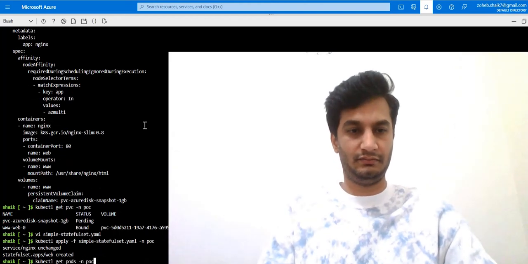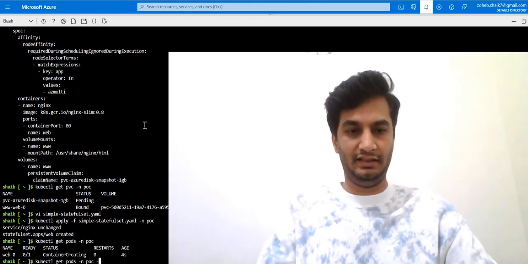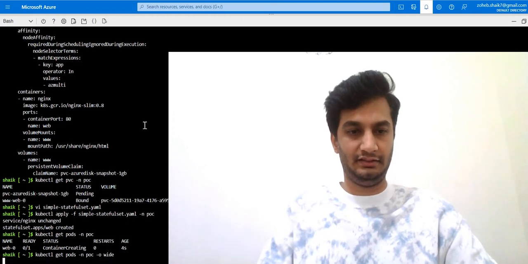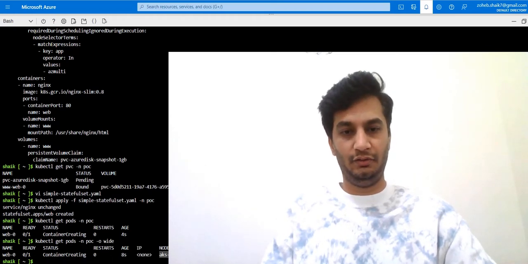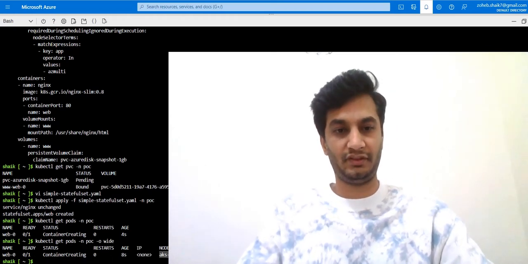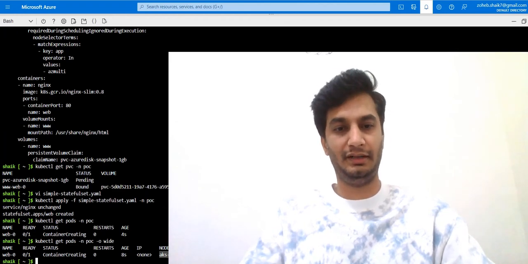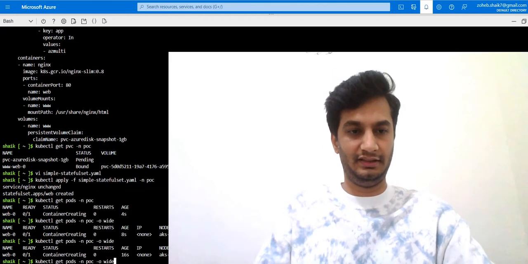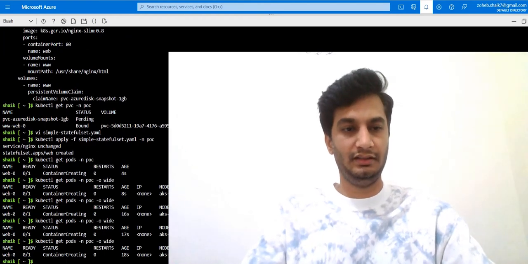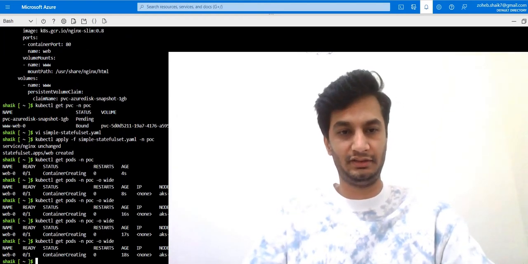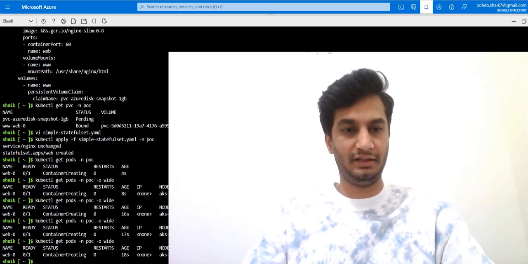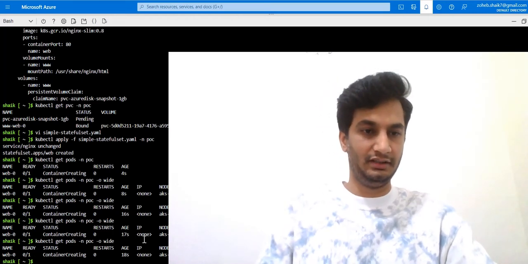Just check now. It's getting created, and the interesting part is it's getting created on a node which is part of a multi-AZ node pool. You might have noticed the behavior earlier when we used LRS: our pod was not able to come up, it was in pending state. Now the pod is getting created.